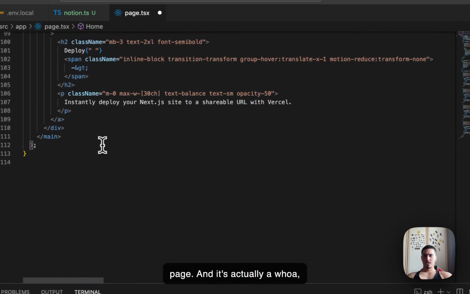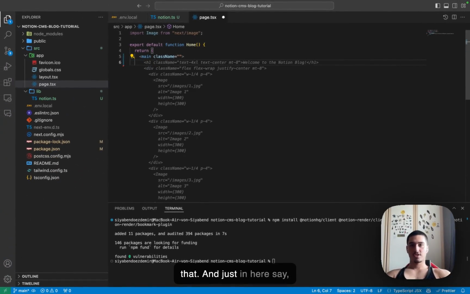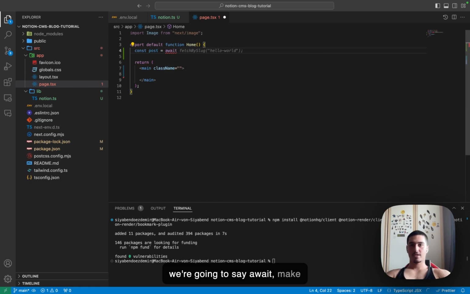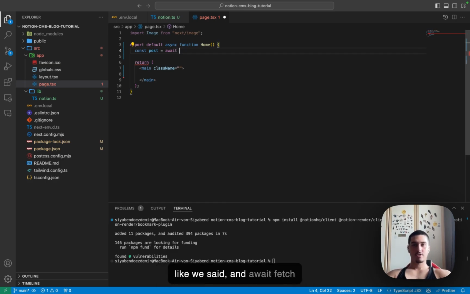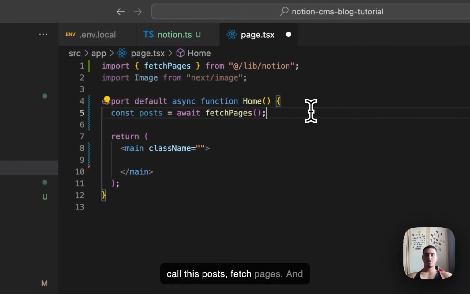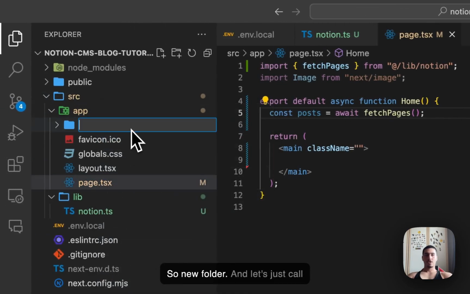And it's actually, whoa, that's a lot. We can delete all of that and just in here say create a new const, call it post, and we're going to say await, make that async as well. So we're going to use server components just like we said, and await fetch pages, boom, call this posts, fetch pages, and now we're going to create a new page, so new folder,